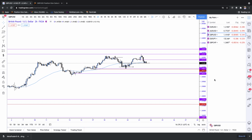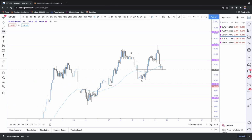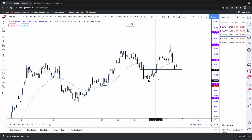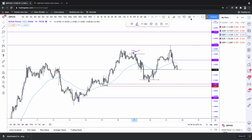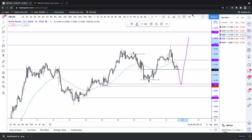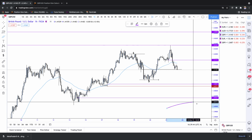And so in the short term, in the interim, I expect GU to run out the liquidity, the sell stops beneath these relative equal lows here, as we just ran out the buy stops. So I'm expecting a run and then a continuation, as we are on EU and on AU. Okay, specifically,